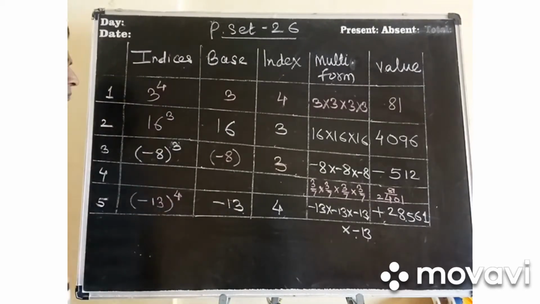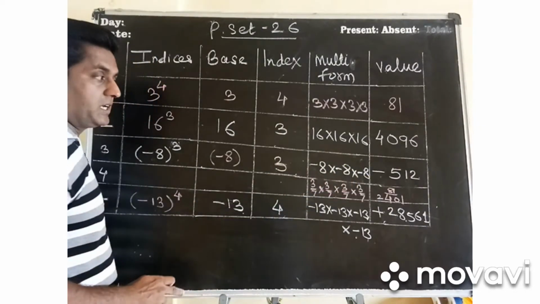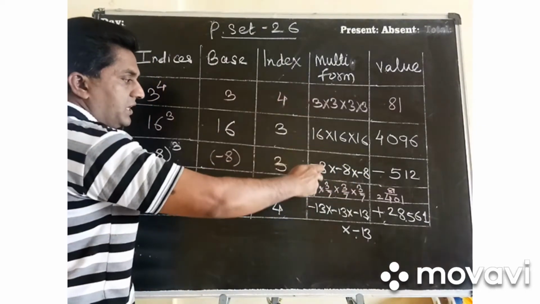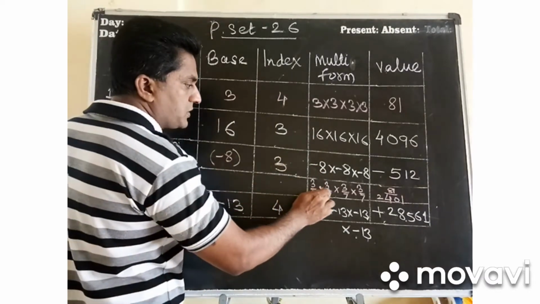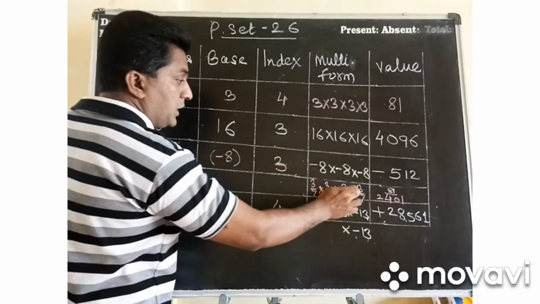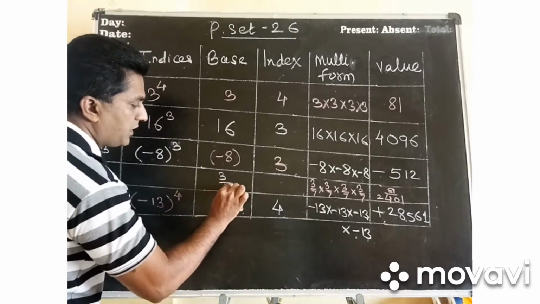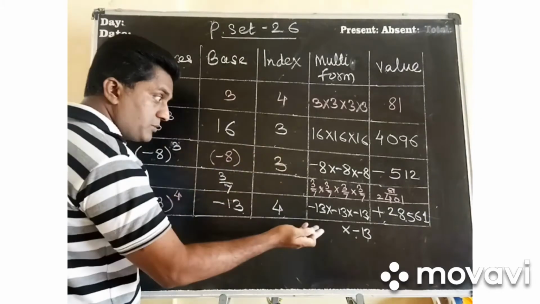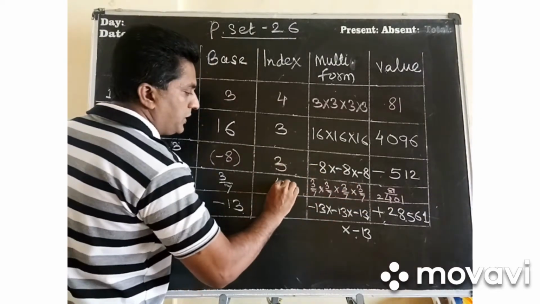I forgot to show you. Now see, everybody, which number is repeating? Here all integers were there. Here it is in the form of a fraction. A rational number is there. 3 upon 7, 3 upon 7, 3 upon 7. Right, everybody? So this 3 upon 7 is nothing but your base. So I will write here 3 upon 7. How many times has it repeated? 1, 2, 3, 4. So here you have to write down 4.